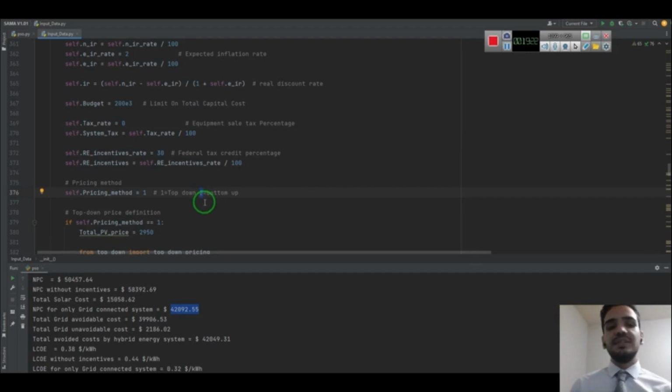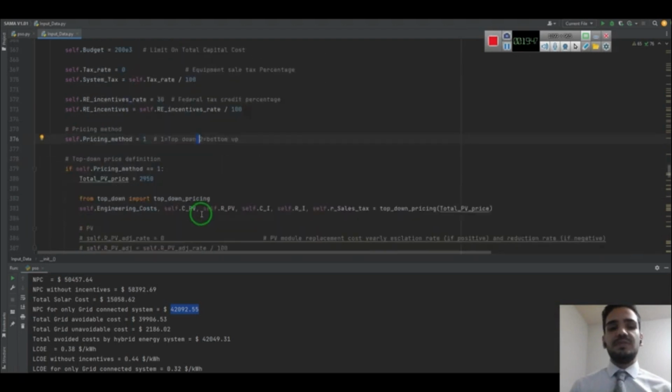But for top-down pricing methodology, you don't need to do that. It would be much easier to deal with the prices. So if you are not going to deal with accurate and exact prices, you can use the top-down pricing methodology to have an approximation about everything. But if you want a really accurate simulation, you can use the bottom-up pricing methodology.